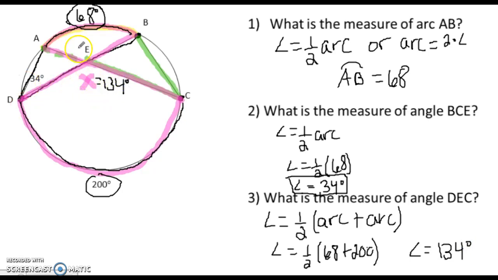And the cool thing about that is these are vertical angles, so I know that's also 134 degrees. And then if I wanted to find this angle, those are supplementary, so I could subtract from 180. So once you find one of them, you can kind of find all of them. So that one would be 46, and then its vertical angle would be